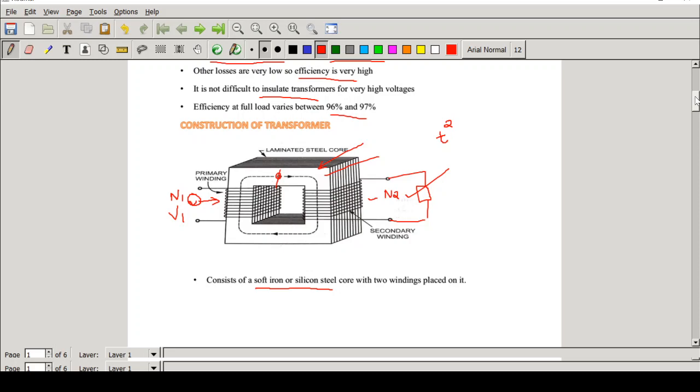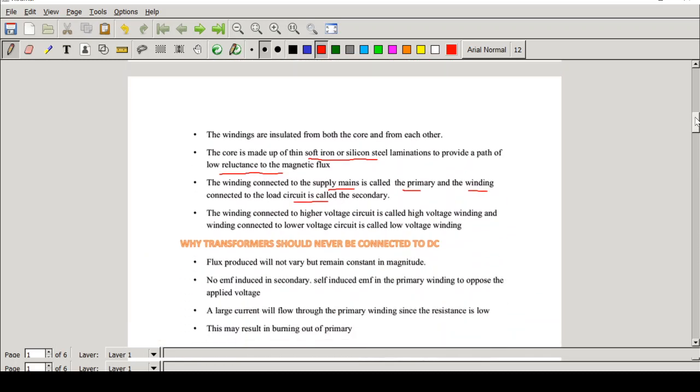Also there is another classification for the windings. You can call them the low voltage or high voltage winding. That is, the high voltage winding is the one connected to the higher voltage. So if I say that the voltage rating of a transformer is given as 220/2200, it means this is a step up transformer because the output is more than the input. So this is the primary and this is the secondary, and here I can say that the secondary is the high voltage side. Like that you can also classify the winding based on the type of the voltage, whether it is high voltage or low voltage.